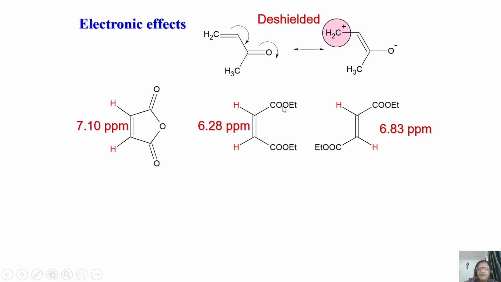And of course, we have come across substituted ethylenes, and you see this is the shift on substitution of COOEt in this molecule. And remember, these two peaks, of course, again chemical equivalence is there, are shifted to 6.28 ppm downfield. Whereas instead of cis, make it trans. You see the peak has already moved a little bit, another 0.6 ppm down, so close to 6.83 ppm. So this is all because of the electronic effect. If you study why it is happening, there will be additional de-shielding here because of that.